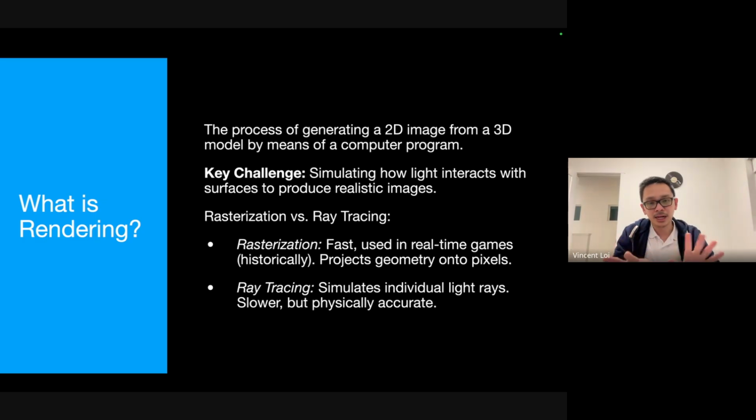There are multiple techniques used for rendering. The fastest way to render is called rasterization. If everyone has played some Mario games in the past, like in the 80s or 90s, the video game graphics rendered on a TV or your computer, those are rasterization. And ray tracing was not possible at that time.